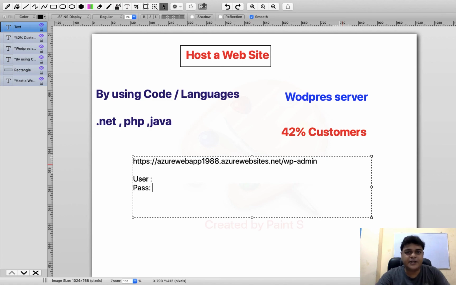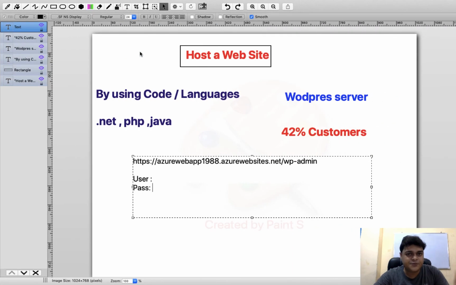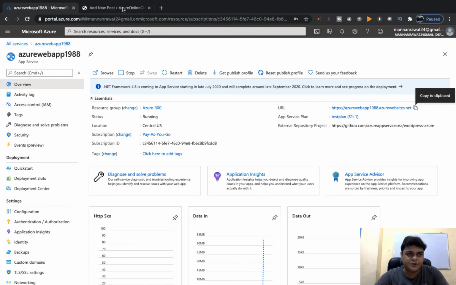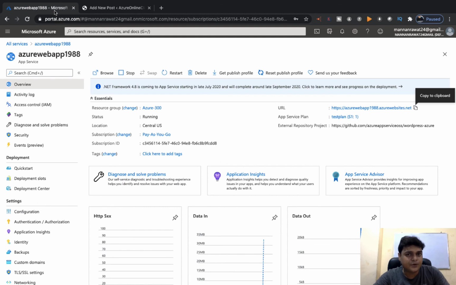As the administrator, it's our responsibility to manage our domain and manage our WordPress server with the help of the Azure portal. The developer's responsibility is to use this particular URL and design the website by using this dashboard. Because as an admin, we don't have much idea related to designing, so the designing part is handled by the developer team. So I hope you guys understand the concept of how you can set up a WordPress server with the help of the Microsoft Azure portal.